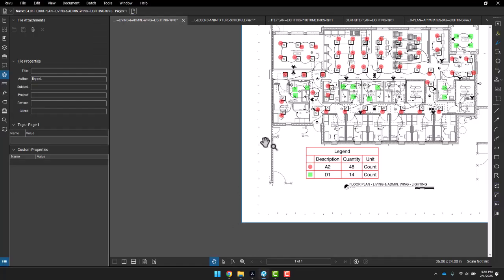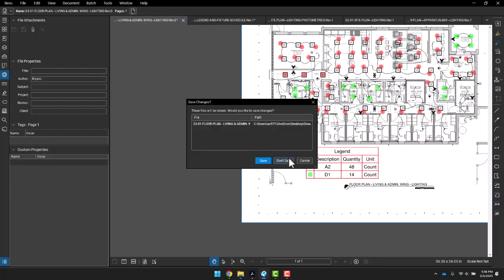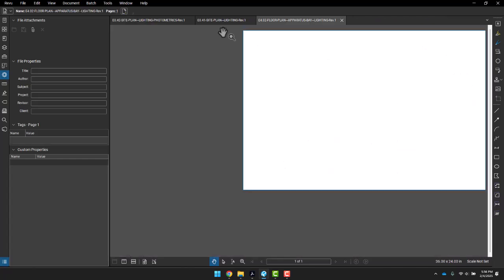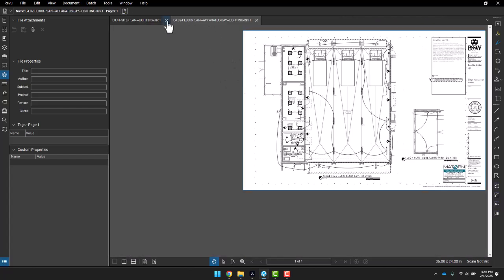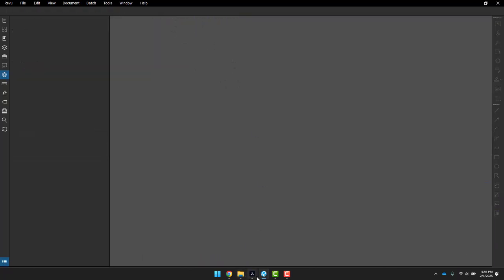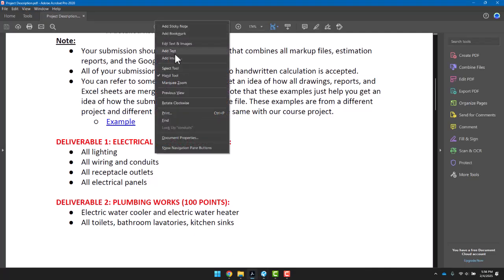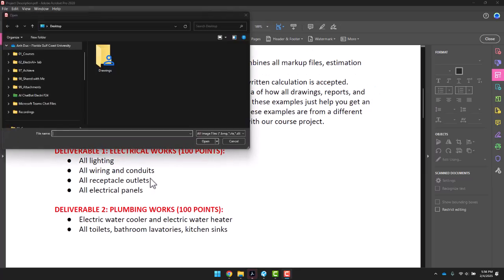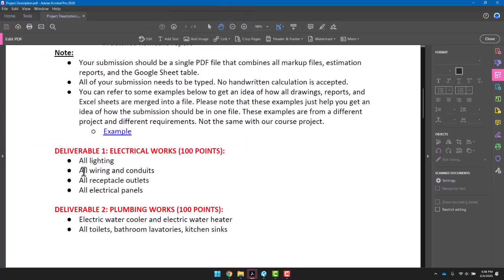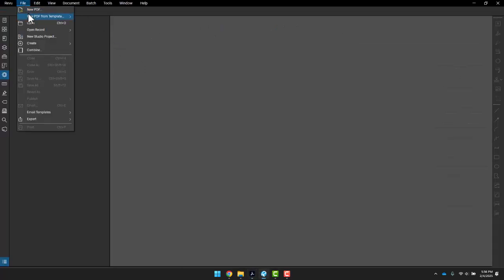All right, the next part in our estimation is to do the takeoff for the wiring. So let's review over here. The next part is to do the takeoff for the wiring. Okay, so how can you do the wiring and the conduit over here? So what I will do, I will go here and open